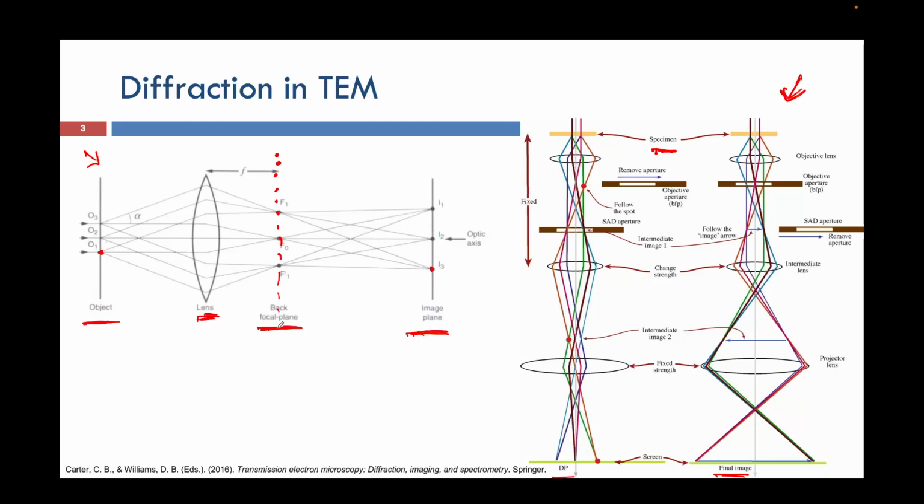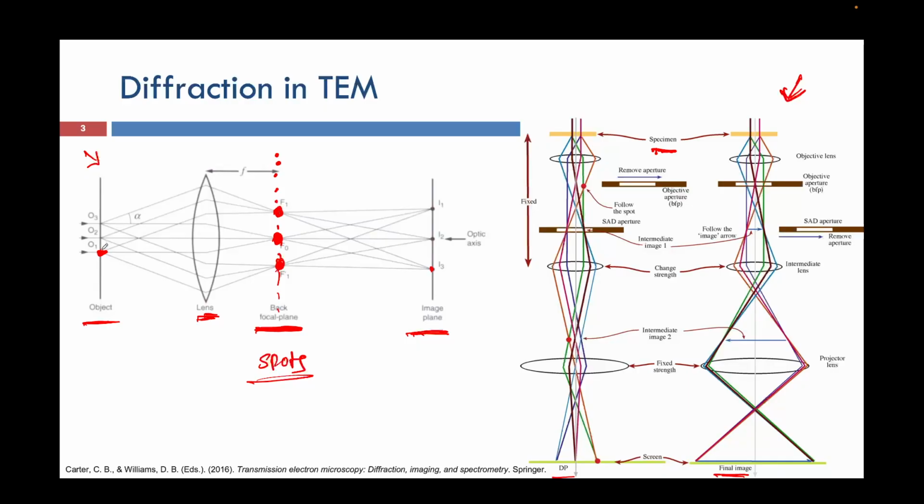In the back focal plane, at least two of the rays which are coming from the same place in the object plane are not meeting there. So they will not be able to form an image in the back focal plane; rather, they will form some kind of spots, right? This is how we get spots in the back focal plane. And these spots are formed by the similar type of rays which are coming from different